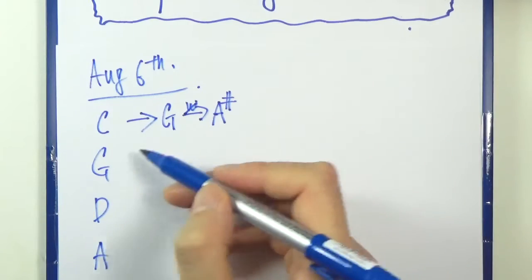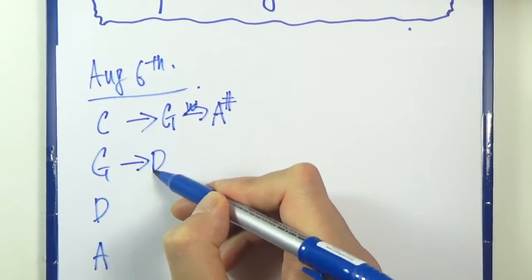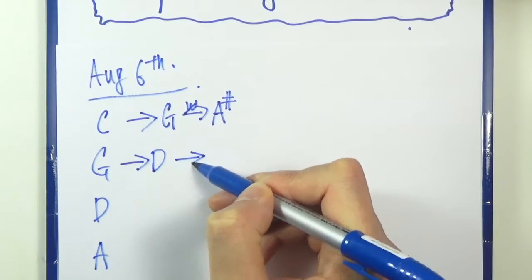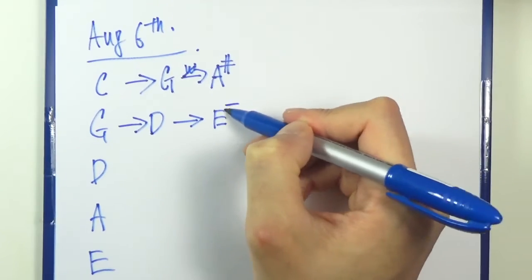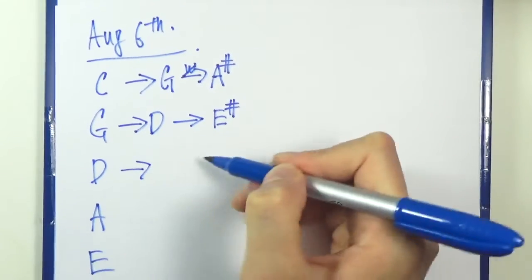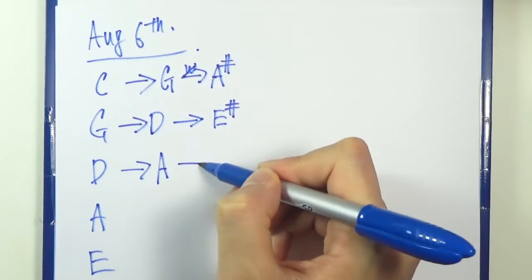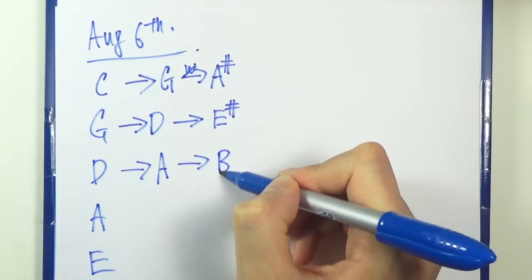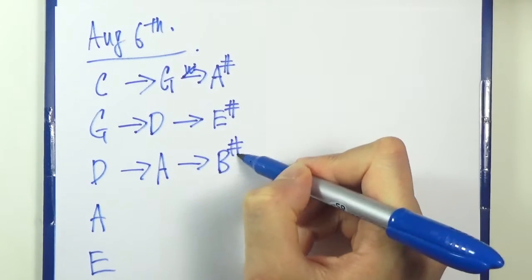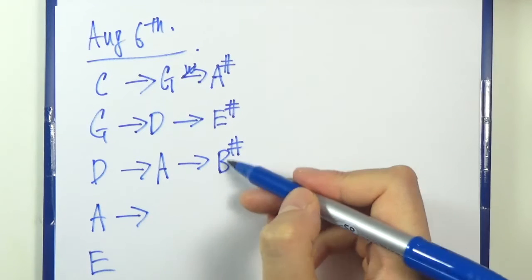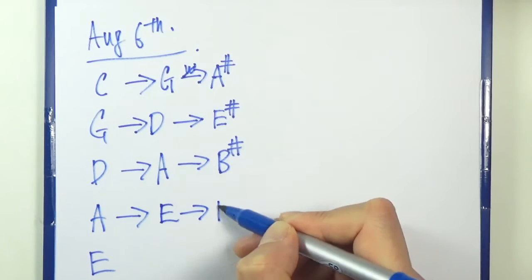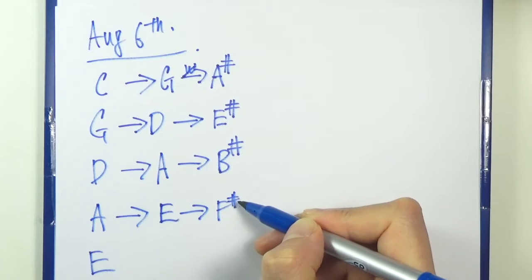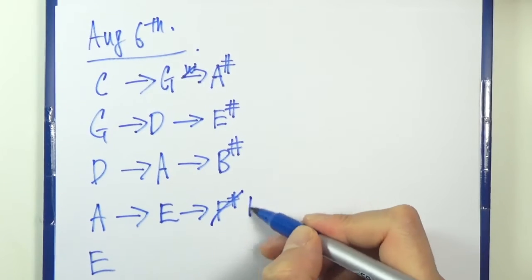So augmented sixth. G, D, that's your perfect fifth. D, E should be your major sixth. Raise that. D, E, F, G, A to B, that's your major sixth. Raise that. Augmented sixth, okay? So A, B, C, D, E, F sharp, that's your major sixth, but you need to raise that, right? So that should be